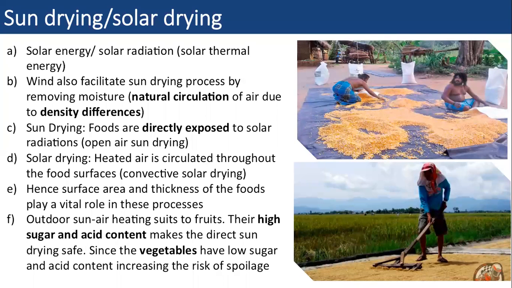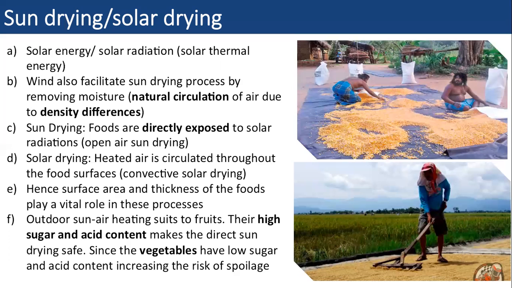When it comes to sun drying, we expose foods to solar radiation. As you can see here, we directly expose our foods to the sunlight, or we call it open air drying, right? In solar drying, we use heated air, but the food is not exposed to direct sunlight. There are two terms, sun drying and solar drying. In sun drying, you can see some examples here, such as paddy drying. We expose foods to the sunlight, but in solar drying,